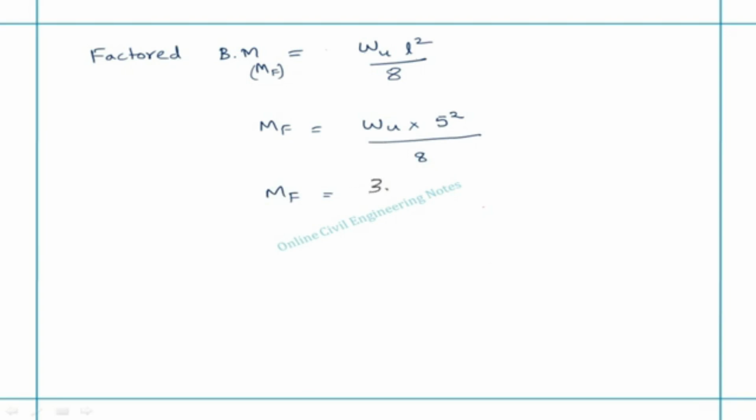Factored bending moment is equal to WU L square by 8. We know the given effective span is 5 meters. Factored bending moment MF is equal to WU into 5 square by 8. Factored bending moment is equal to 3.125 into WU. Equating this factored bending moment to moment of resistance of the beam,